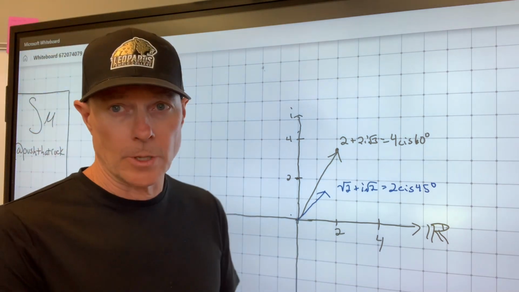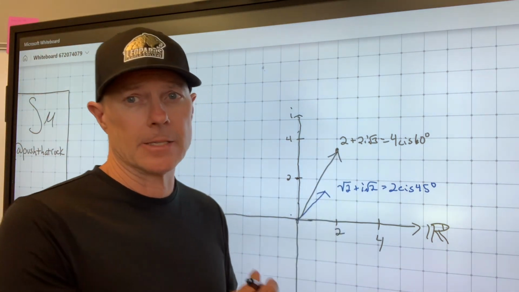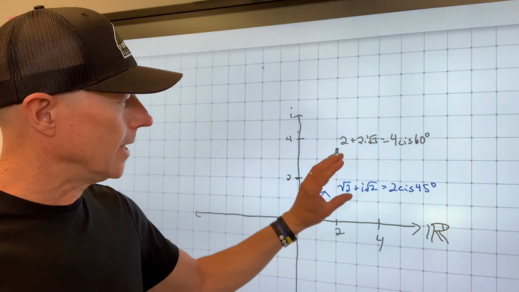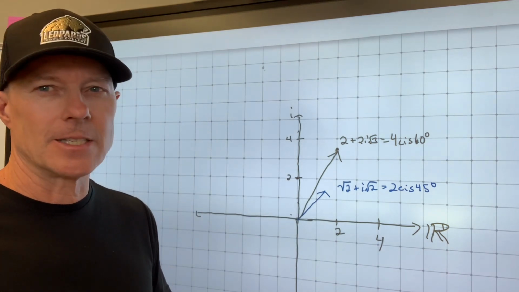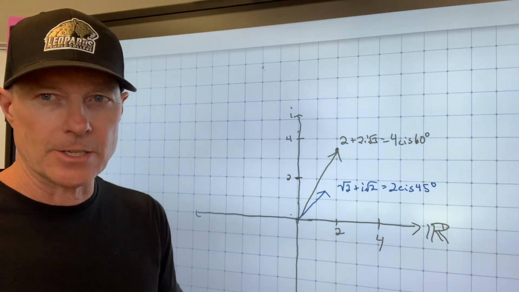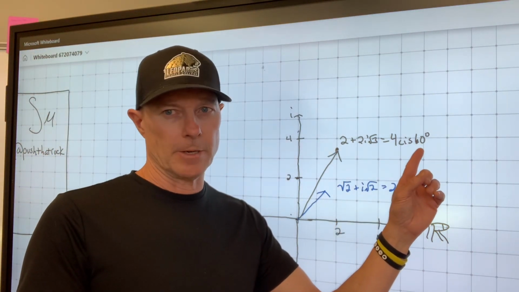Of course, we could just FOIL. We could go first times first, outer times outer, inner times inner, last times last. Anyway, FOIL it out and you'll get another complex number. But the disadvantage is, first of all, that's tedious, but second of all, you're not seeing what's happening. So we use the mantra theorem instead, which requires that we convert to polar form, or trigonometric form, which I've